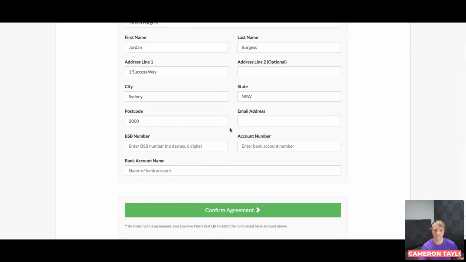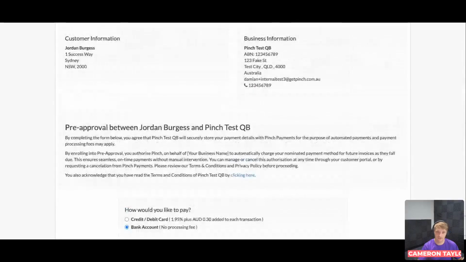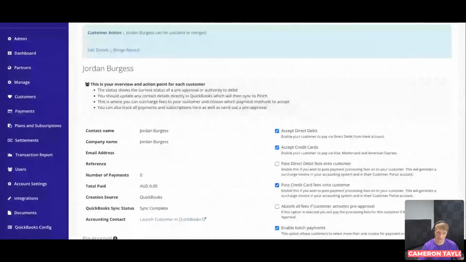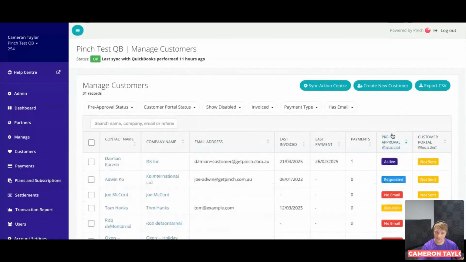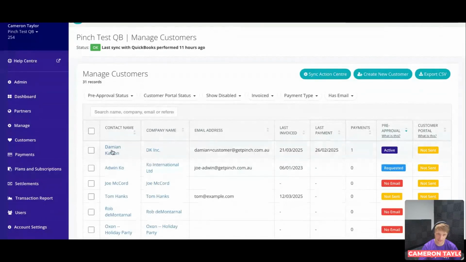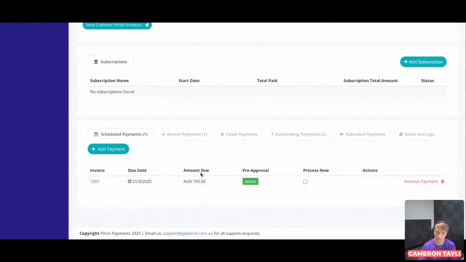with visibility. So once someone has set up a pre-approval, we are going to be able to see that they have done so by heading to the Customers tab. And you're going to be able to see in here, you have an active pre-approval, right? Oh, I've gone and filtered it. So they have an active pre-approval. In this case here, Damien has an active pre-approval. And what that means is I've created an invoice for Damien that's due on the 31st of next month, which is fast approaching. And you can see here that our pre-approval status is active. This means that Pinch is going to attempt to debit Damien's card or bank account on the due date of